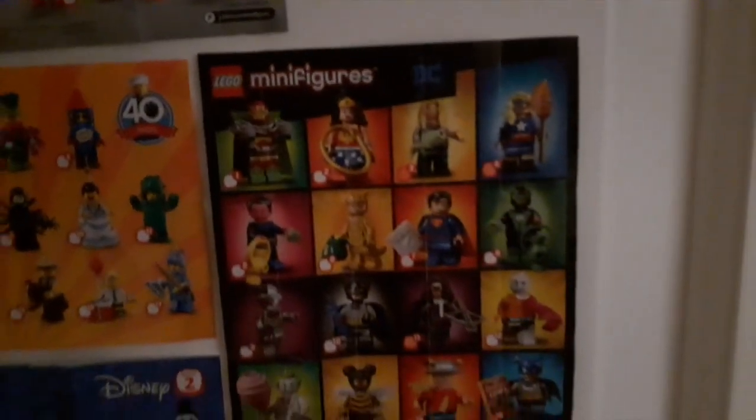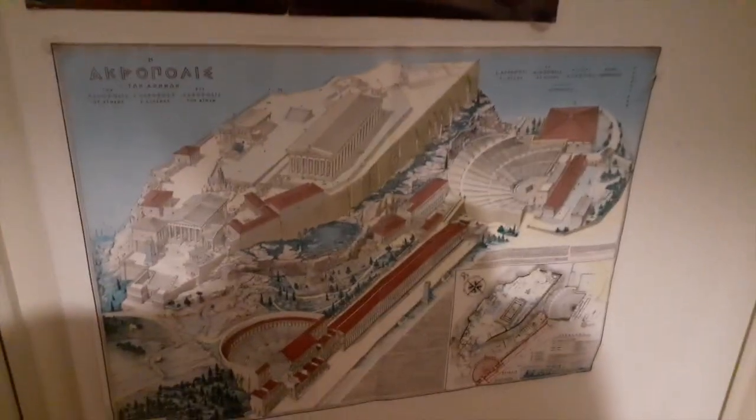The first thing you notice is behind the door, you have these little minifigure sheets with all of the ones that I'm currently collecting, because I have many more minifigs, but these are the more recent ones that I'm actually trying to collect. And these are the Series 19s, the Series 20s, the Lego 40-year anniversary, the DC ones, the Disney ones, and the Harry Potter Wave 2. And then to the right of the door there's this poster from when I went to Greece, very cool. And then there's this Stranger Things poster, because if you don't know, I'm a very big Stranger Things fan,